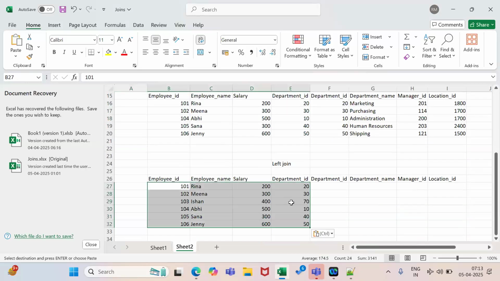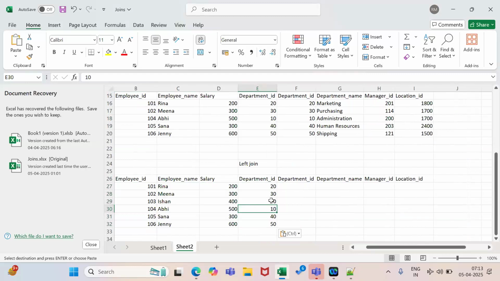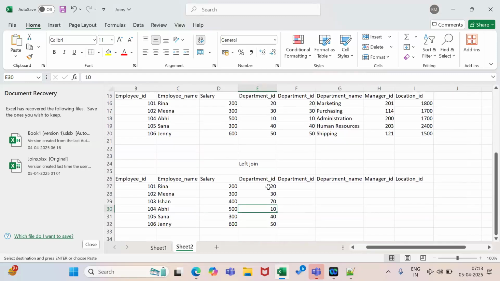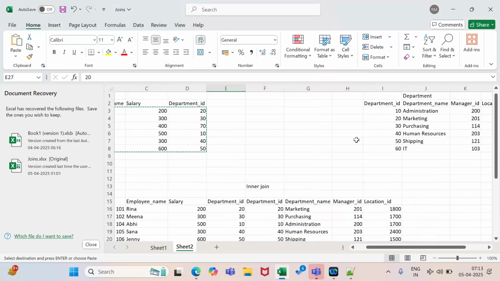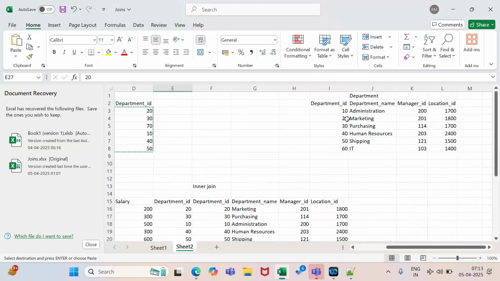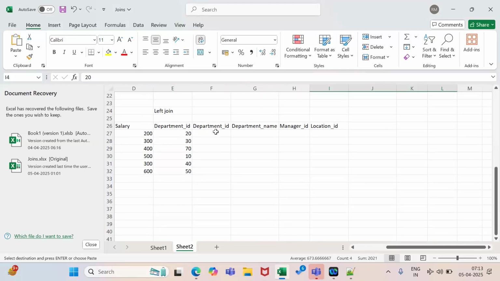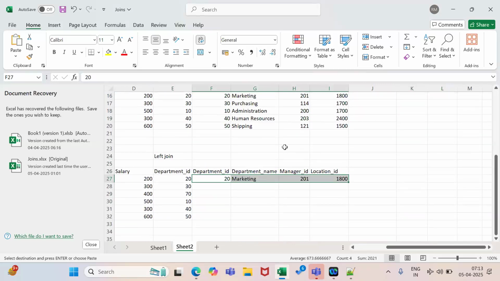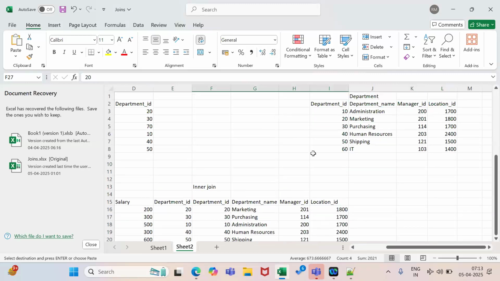Now on the basis of this, we can select from the right table. For department id 20, we have data, right? And if any data we are not having in the other table, we are going to put null for that. Okay, that is the logic here.